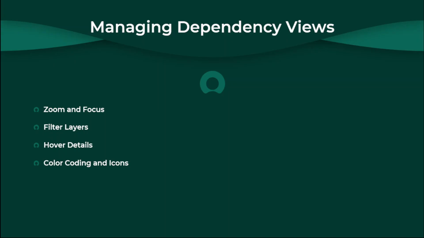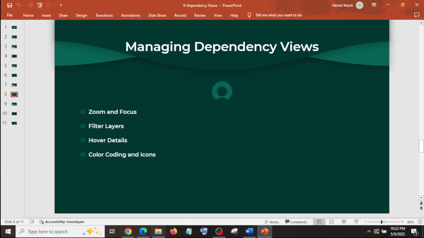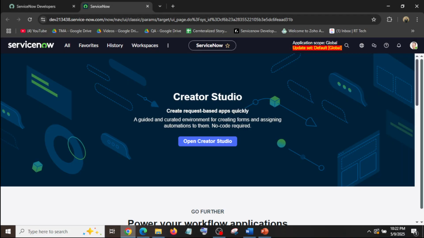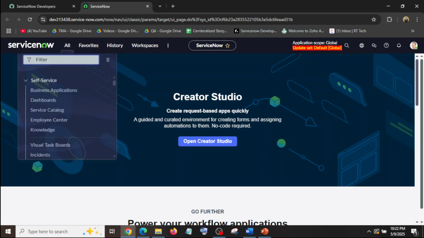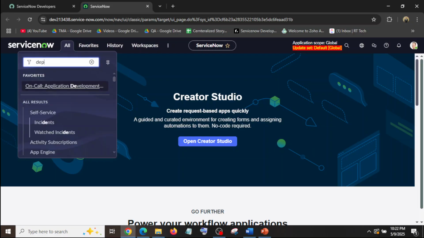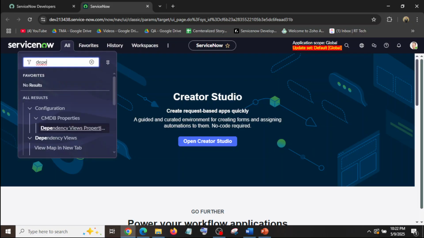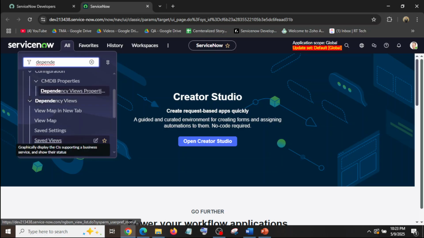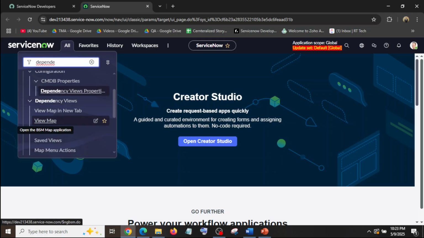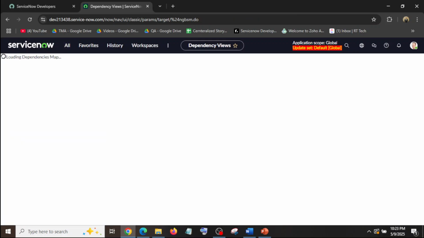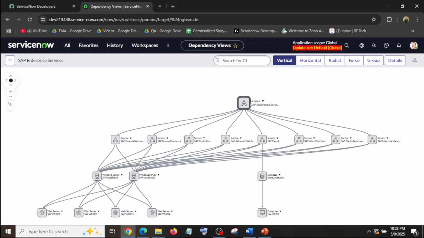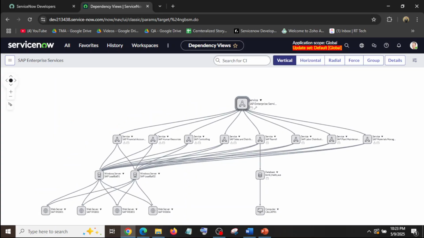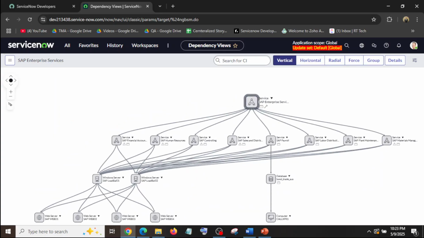So let's explore the dependency views on my personal developer instance. So this is my personal developer instance. So this is the dependency map and you can see different things.